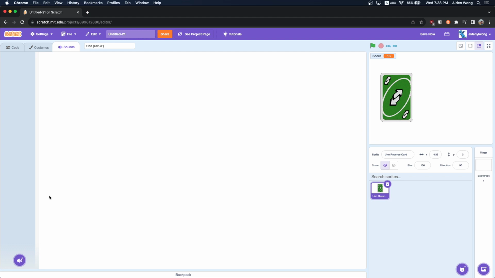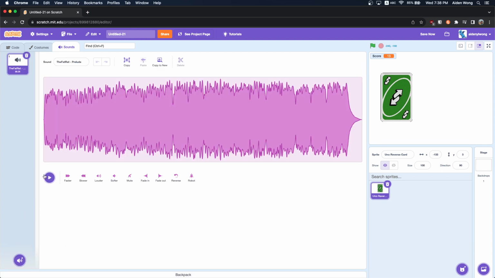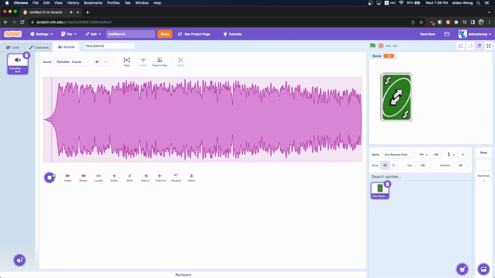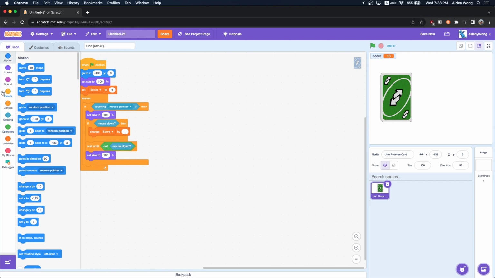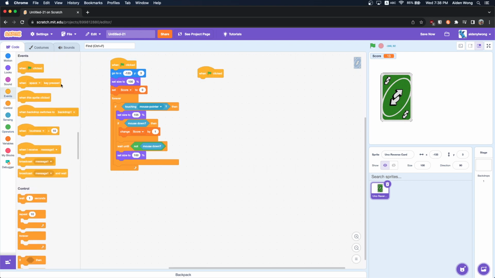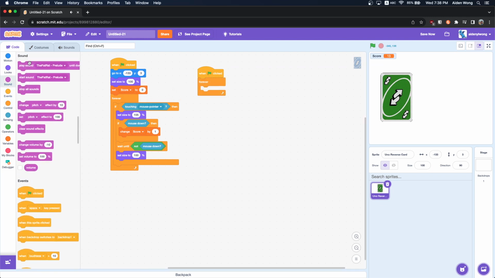Now we're going to make the sound of the game. Go to sounds. I got my own here. I saw it in a project. So it's like this. Let's try reversing it. Maybe reverse it again. Okay, that's better. So I'm going back to the normal spot. So here, events. When we click, forever loop, go to sounds, play sound, the fat rat